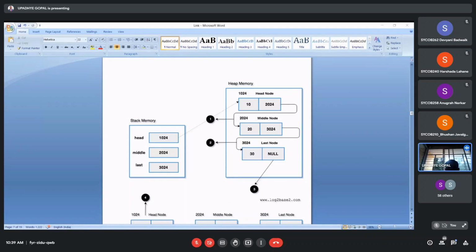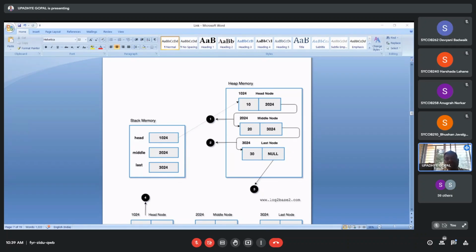So, is that clear? It is very important. See the linking, how the linking is happening. Initially, 10 is on memory location 1024.